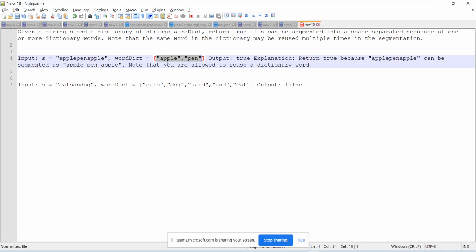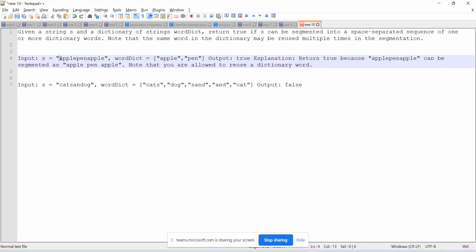No, no, no. Dictionary is unique, right? You can just think about a dictionary that we have. Okay, so in that case, there is nothing to worry about. I can just iterate over this string and then break it down into two parts. If the first part is equal, like let's say if I break it down to apple at this index, then only I have to check the other one, otherwise I will not bother,